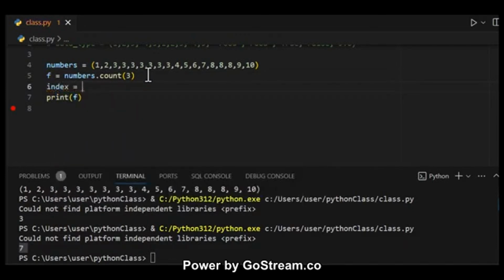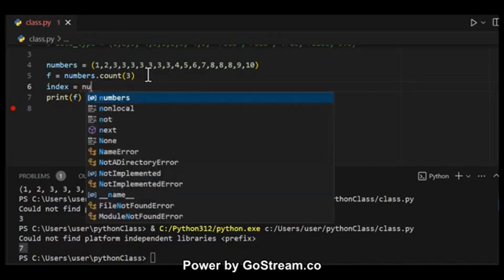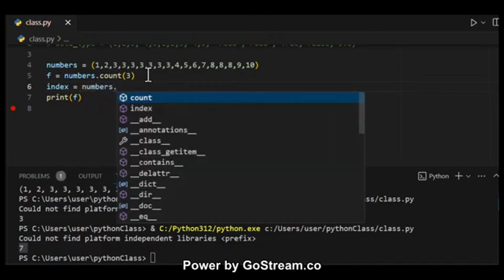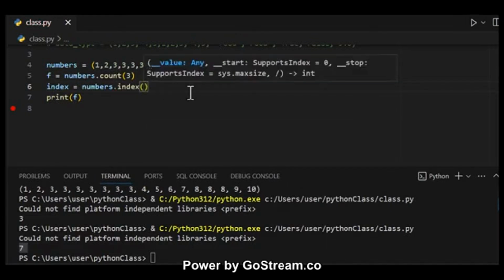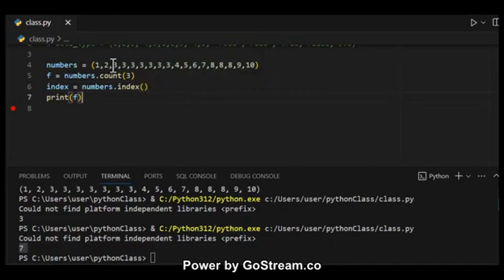Index equal to numbers dot index, and then I pass in the number we are looking for. Let's look at the index of our 1 here. If we pass in 1 and print index,